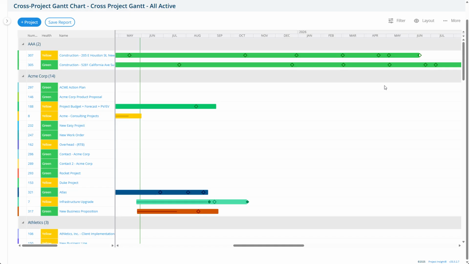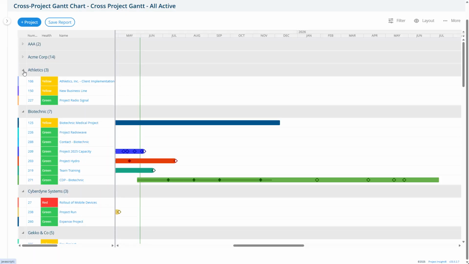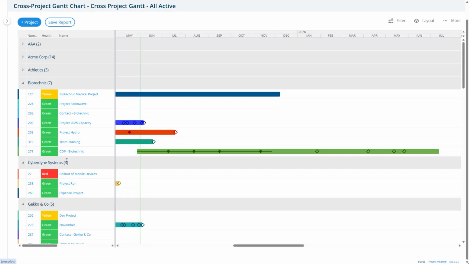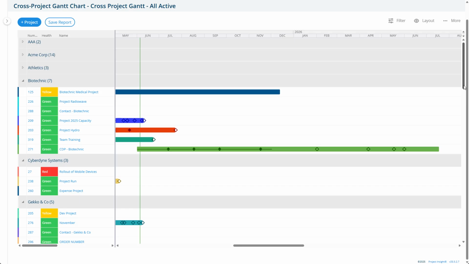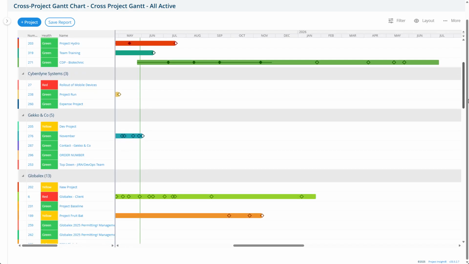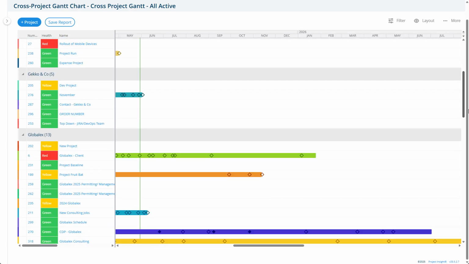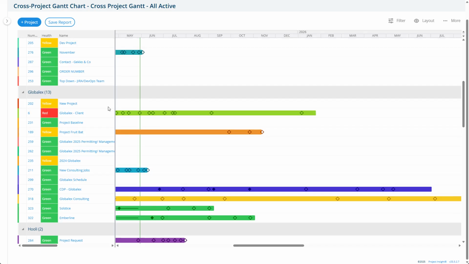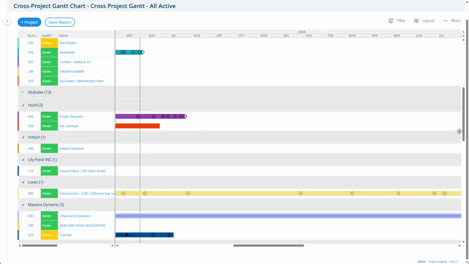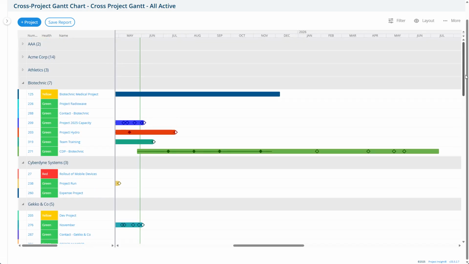And now the Gantt chart is grouped by company. So Acme, Athletics, and I can open and close the companies I want to see or not see. So if I want to close Global X, I can do that. And this allows me to group these projects, cross projects by company, or you could do it by type or by department or any other grouping, by portfolio,